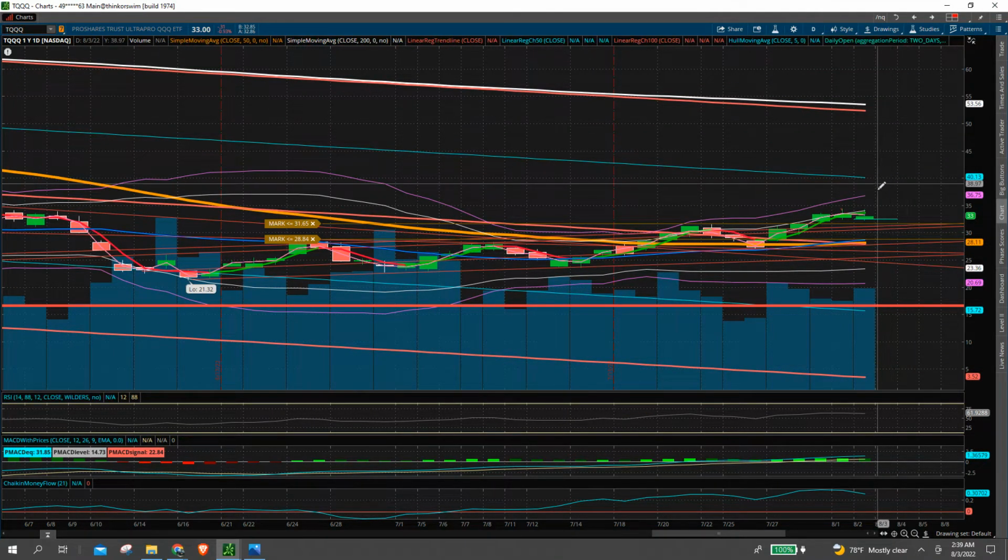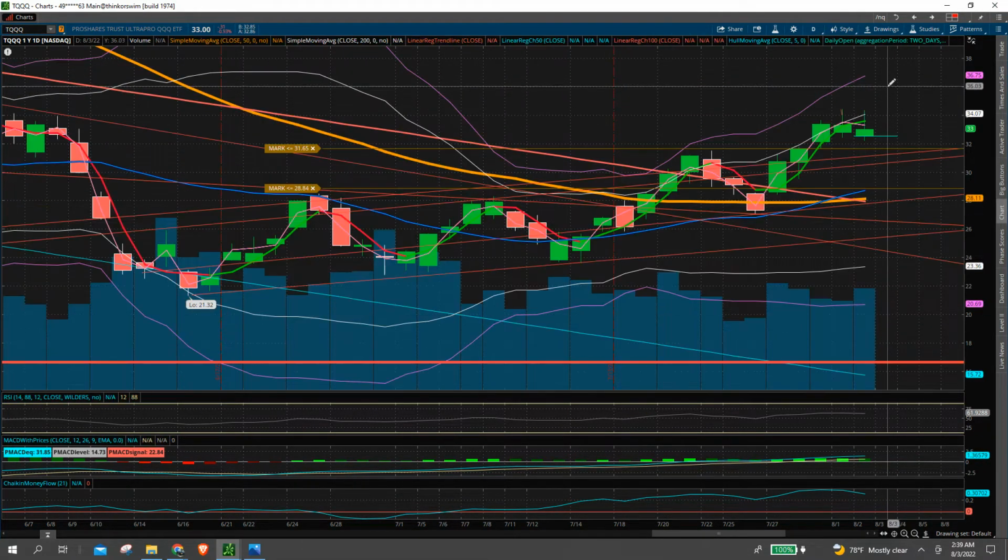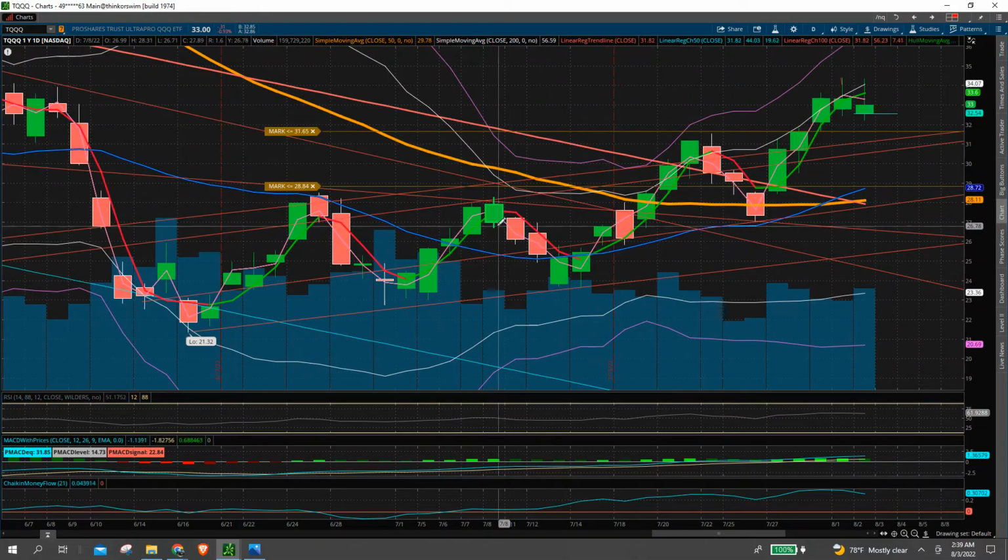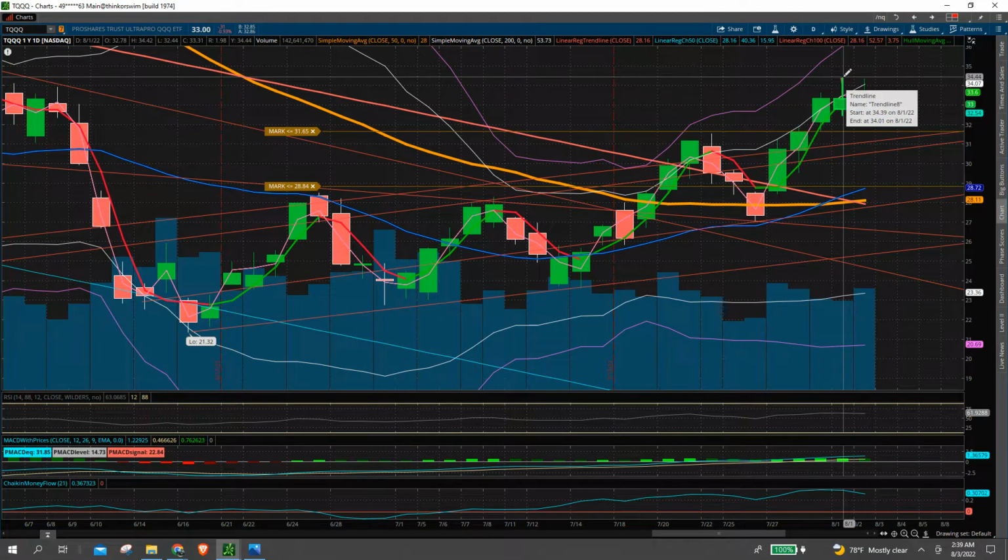If we look at TQQQ, it's the same thing on July 9th. The trade alert was sent out July 9th, so Monday, July 11th, we opened at 27.20. We dipped down to approximately 23.75, and as a confirmation, since then, we rocketed all the way up to 34.45 on Monday.